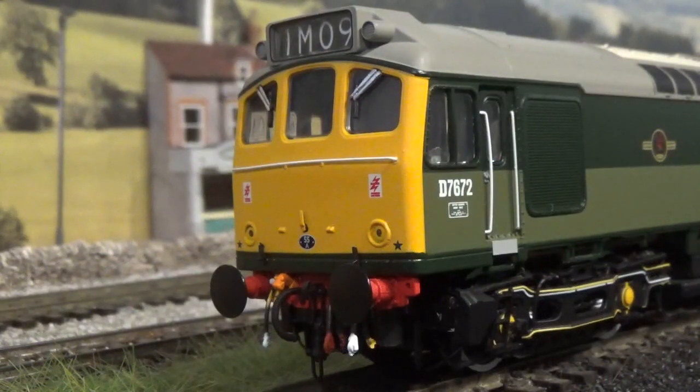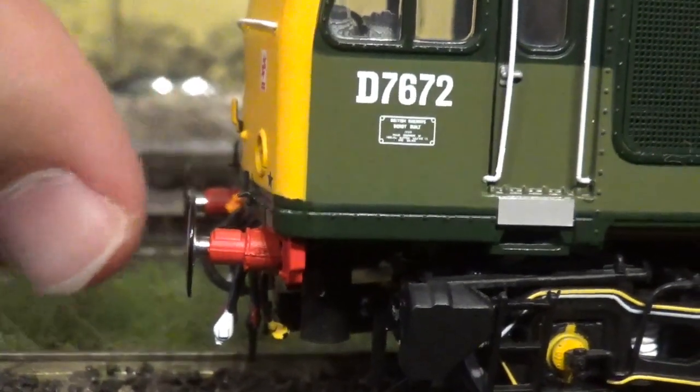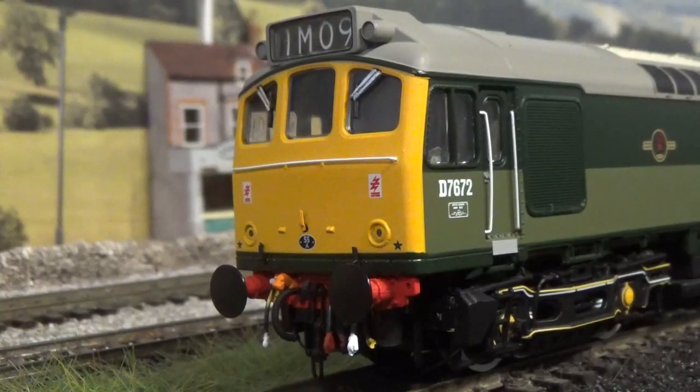So now we can move on to the detail. First of all we have sprung metal buffers. Not that I have any care for sprung buffers, but they're there anyway. And they are painted plain black, which with this locomotive,